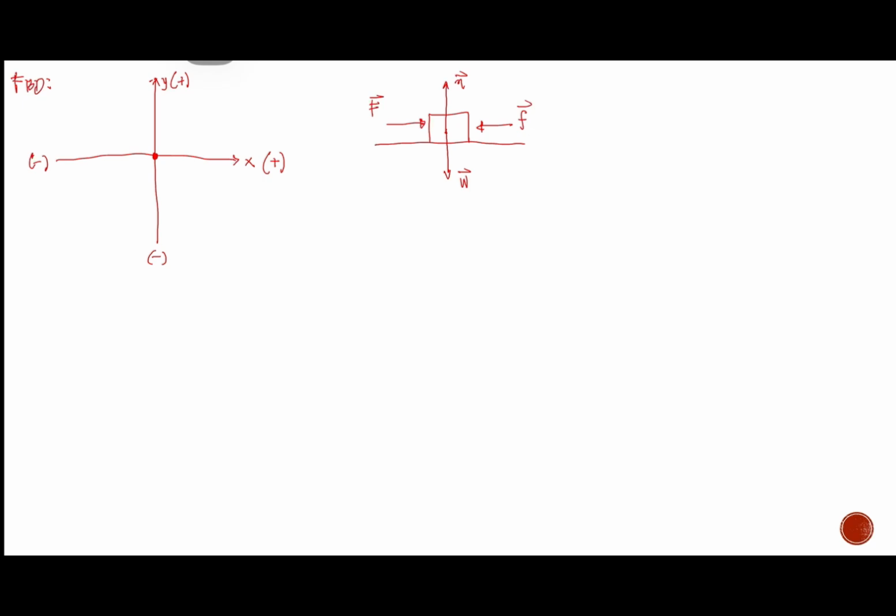So we start with the center and then we draw an arrow pointing to the direction of our normal force, which is going to the positive y-axis. And then, as you can see, our weight is along the negative y-axis. And also, we have our friction force. Since friction force is going to the left, it is going to the negative x-axis. So this is our friction force.